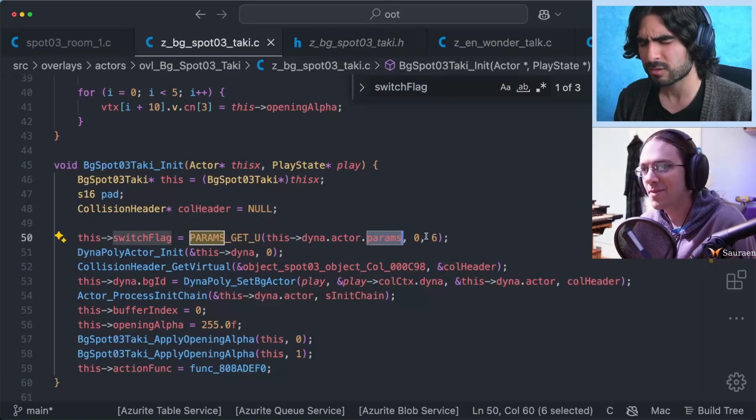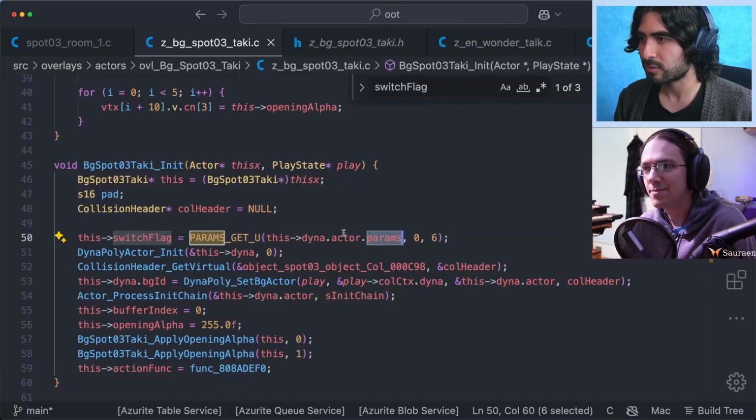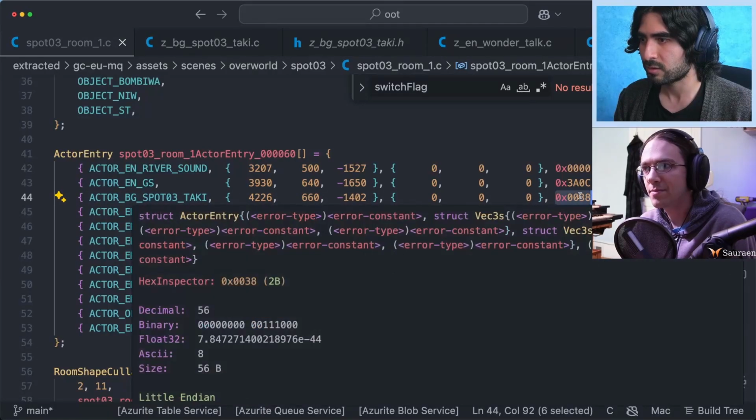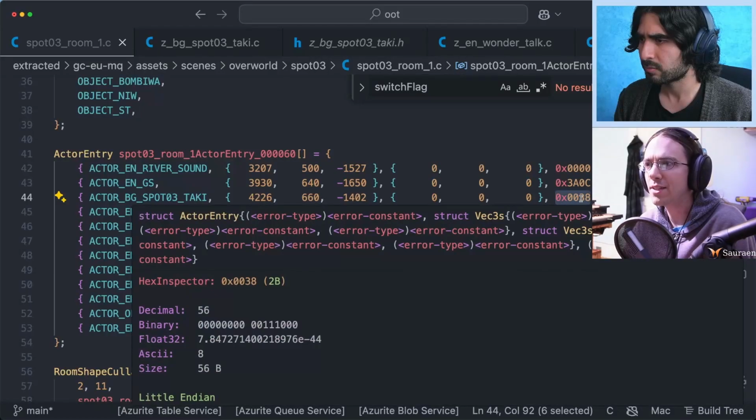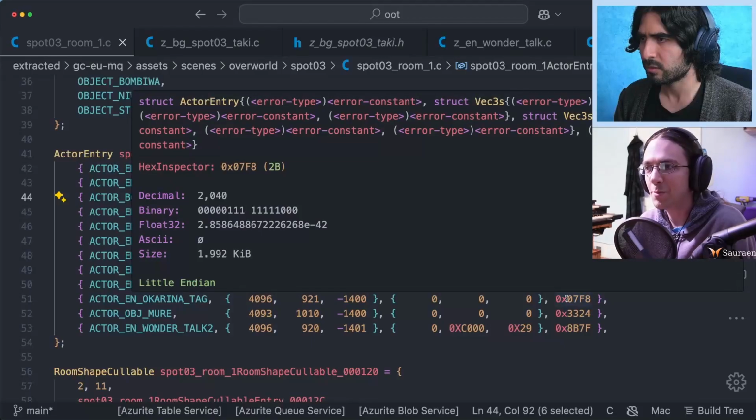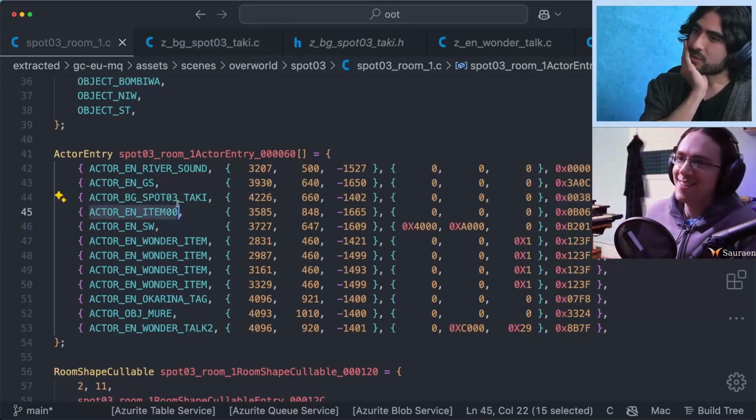Okay, so this is looking for a specific switch flag, which is this. And the switch flag is the lower, like, 3F, I guess it is. So if you AND that with 3F, you would get 38. And now if you look down at your object in Ocarina tag, if you AND that with 3F, you also get 38. Okay. So that lines up. Oh, wow. Alright. So this spot 03 Taki,